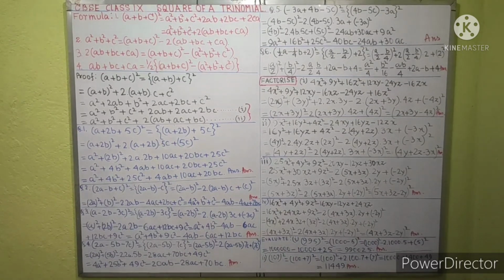If we clearly see, we will see that 4x square equals (2x) whole square, 9y square equals (3y) whole square, and 12xy equals 2 into 2x into 3y. Again just see 16xz and minus 16xz and minus 24yz, they have been broken down that way. 2 into (2x plus 3y) into 4z. This is 2 into ab and plus b square, that is (4z) whole square.